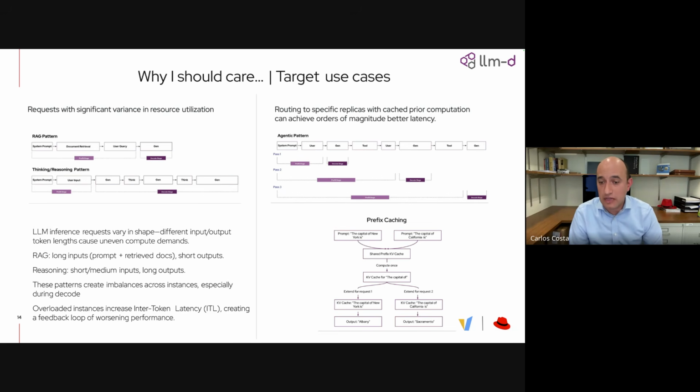What if I can actually do the routing based on where I have the higher chances to get a hit, right? A cache hit. So LLM-D is also trying to address this, and I'll show you routing based on prefix cache awareness, and you see how this becomes a very beneficial thing, even in a small setup and with one or two